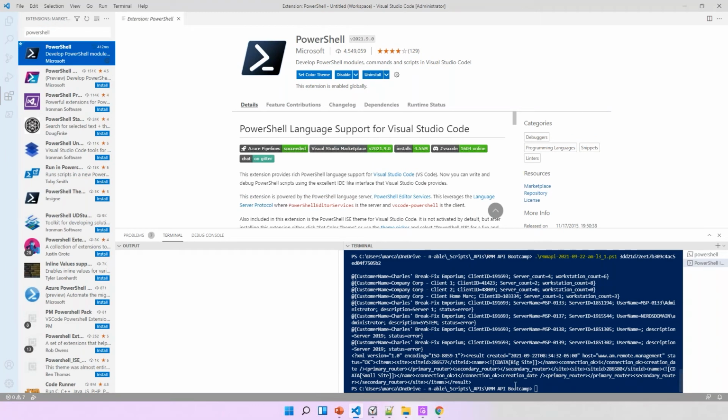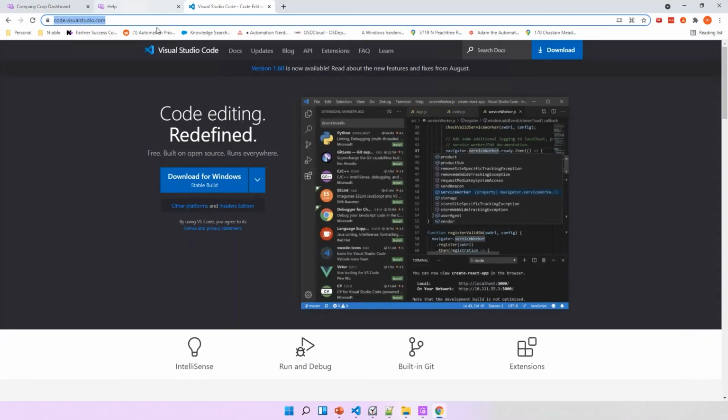The lab manual will cover all of that, so don't try to do it at the same time. You won't keep up, but it's all in your lab manual. You'll be able to do that. So once you've installed that one, the next one,